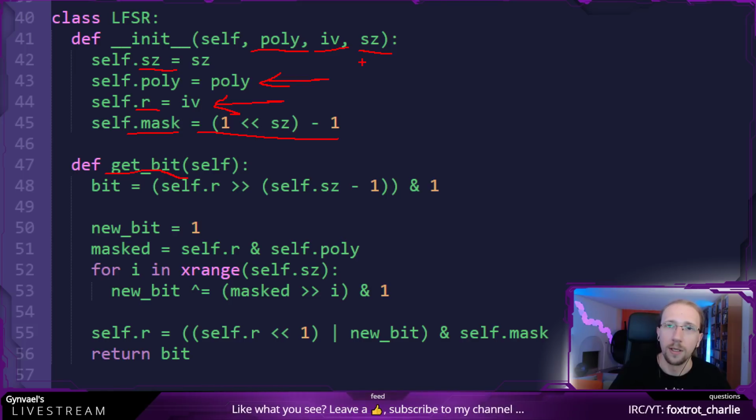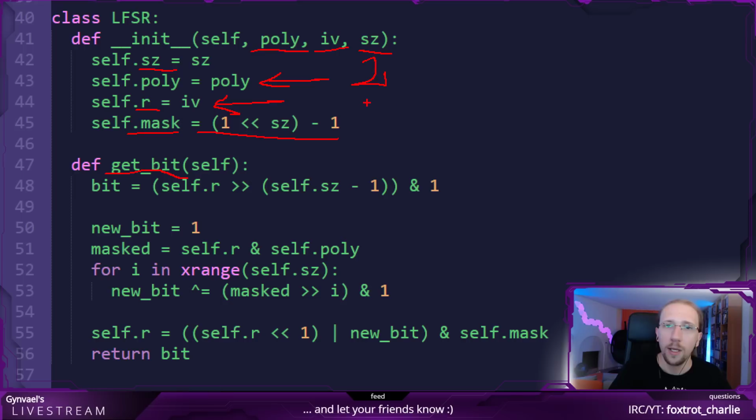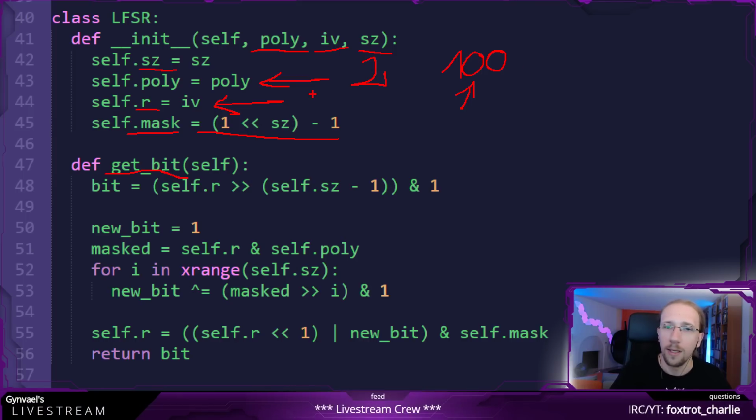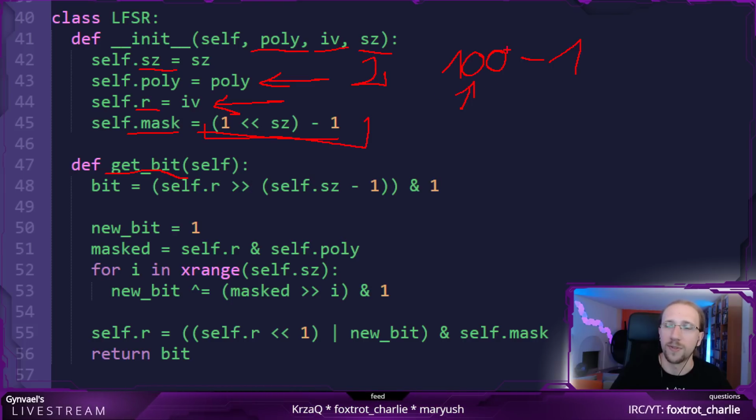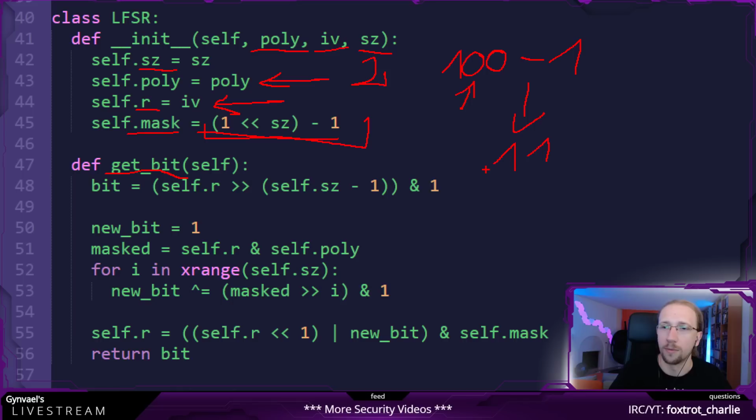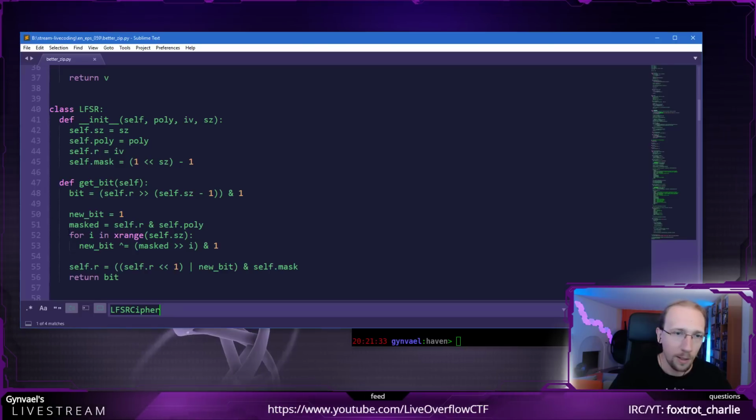If the size would be 2, then we would have 1 shifted by 2, which is obviously 1 with 2 zeros at the end in binary. And we subtract 1. This is actually a nice trick to get all the bits set for a given number of bits. This subtracted gives us 1, 1, which means we have 2 bits set. And this trick works really nice for any size. You can check it out.